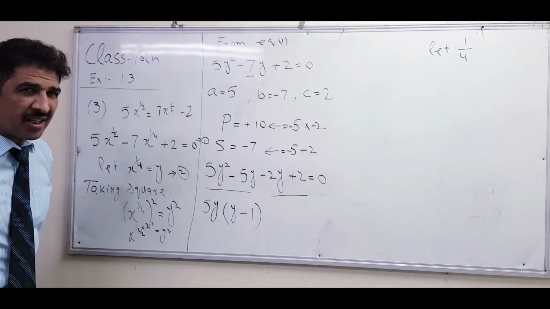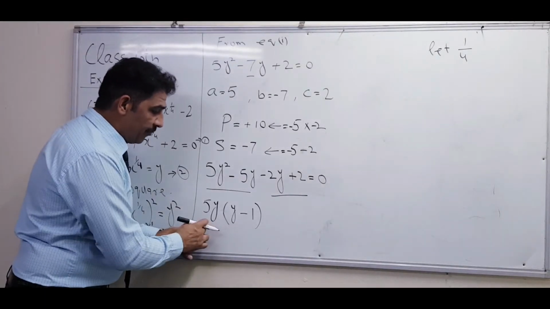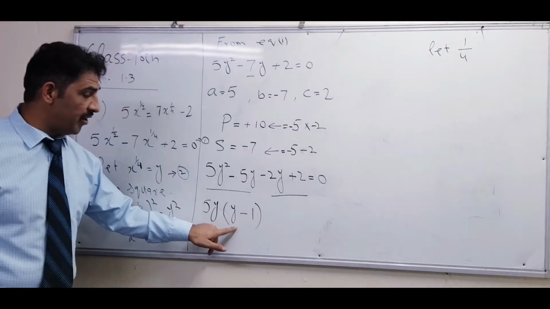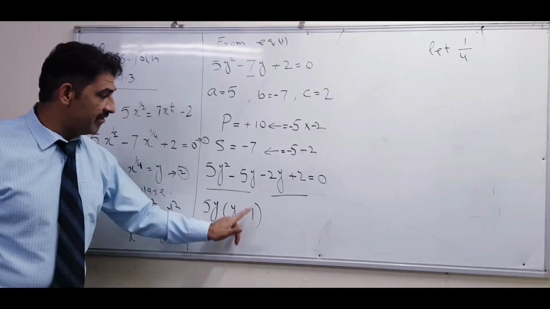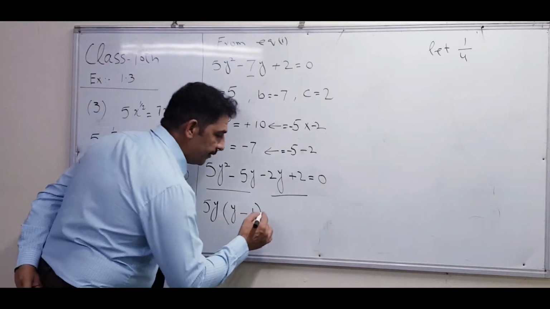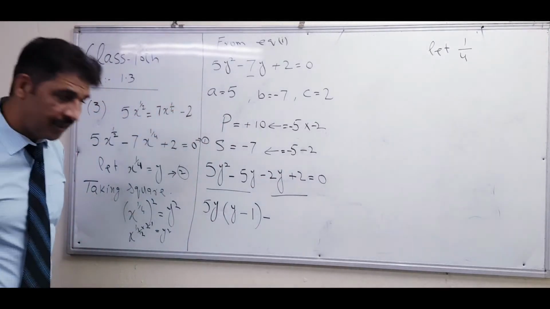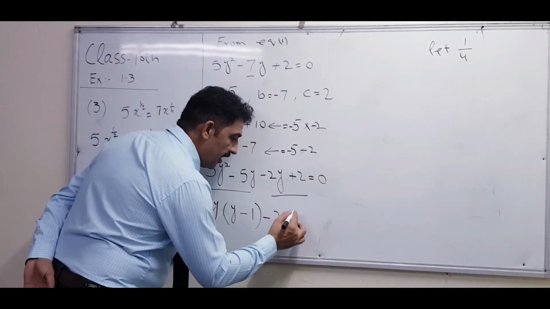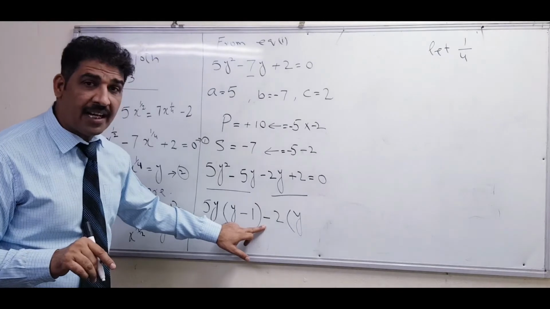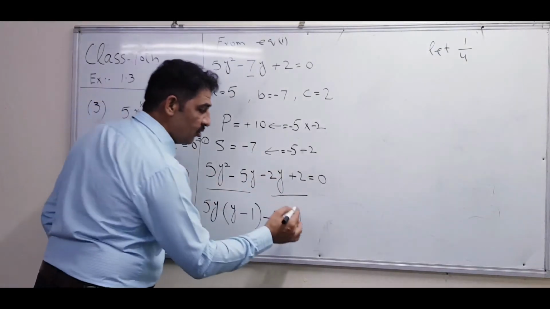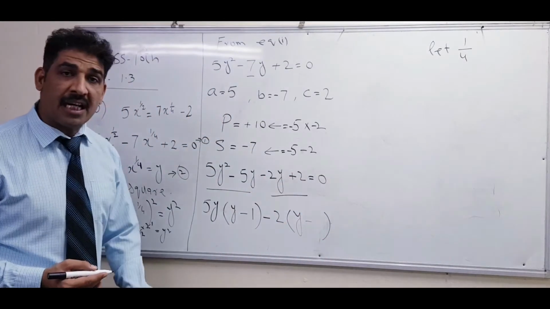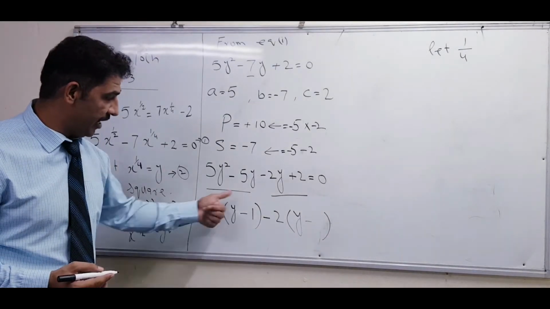If you want to check whether you are right or wrong, multiply the term outside the bracket again with the terms inside the bracket. If you get this answer, then you are right. Like 5y into y is 5y square, minus same 5y ones are 5y. So you will know whether you are right or making a mistake. Minus. What is common here? 2. Good. Here y will remain. And what I said: when the negative sign is taken common outside, what changes inside the bracket? The sign changes. Here plus, so you will use the negative sign. And you have 1, and that 2 we took common outside. So what is remaining inside? The same condition applies here. 1.